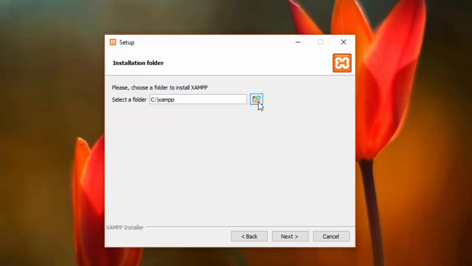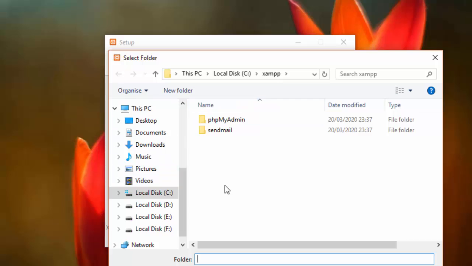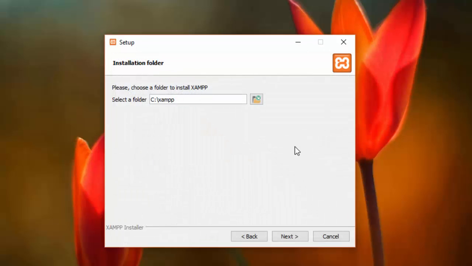By default it will get installed in C drive. But if you want to change the location, there is an option available over here. You can click on this icon, and from here you can change the location where you want to install XAMPP. Here I'm keeping the default settings as they are. I'm going to install it in C drive only. So just click on next now.